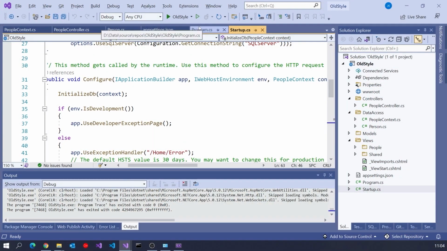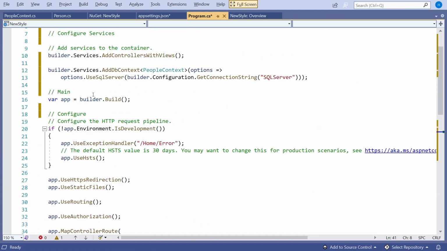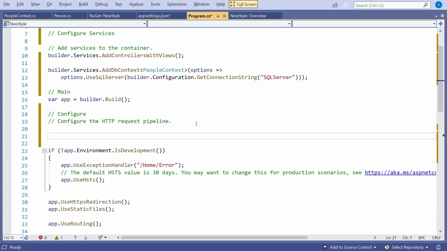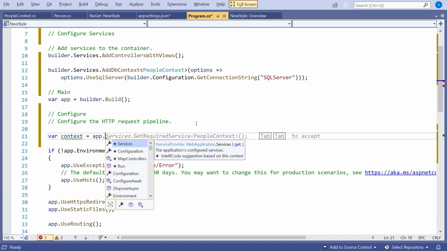And so have a look at that if you don't remember. But the way we can do it is like this. What we have to do is, again, get it off the app. So remember, here we are in configure, and we want to get hold of the injected object. So I'm going to say var context, so that's going to be my people context, equals, and then I say app.services.